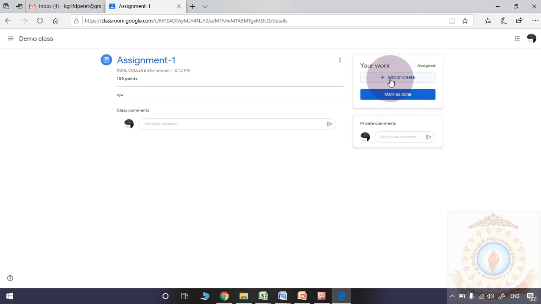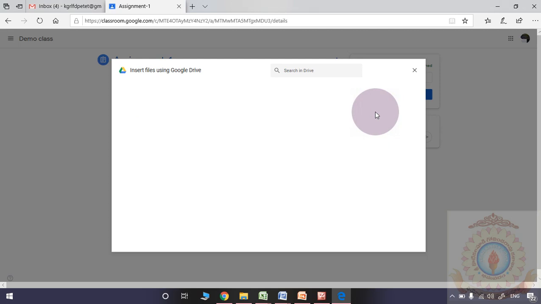Otherwise, above, please observe, an add or create symbol is there. Here by using the file option, they may upload some document as an answer for your assignment.